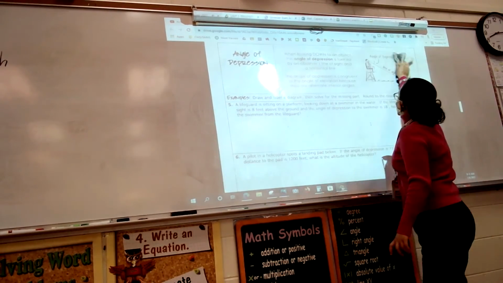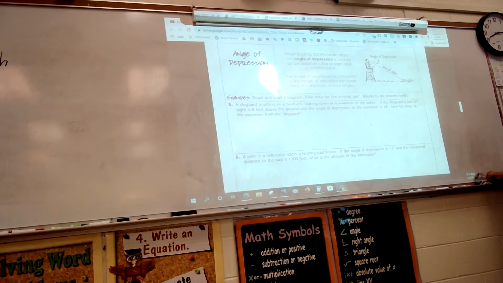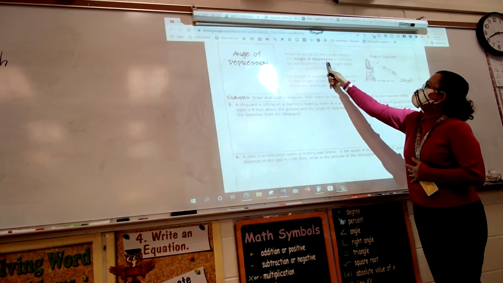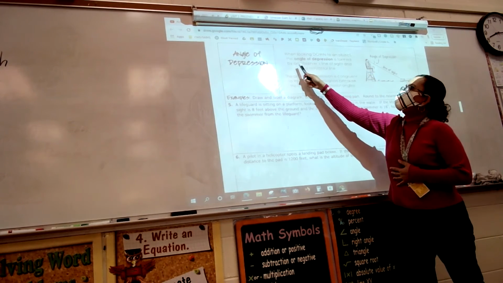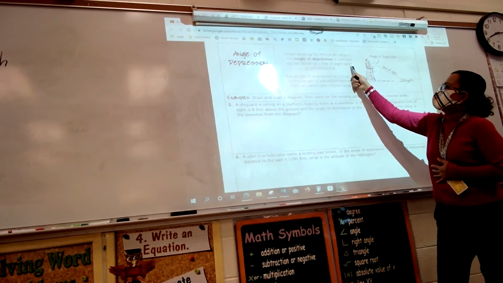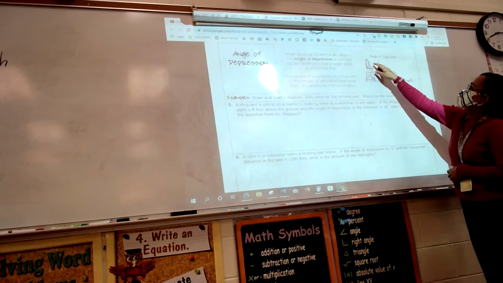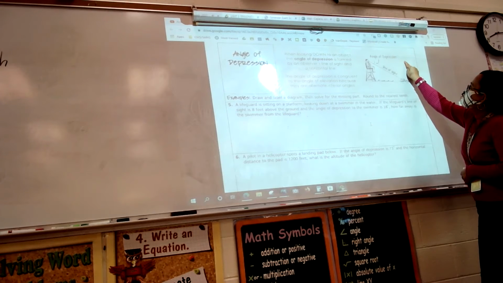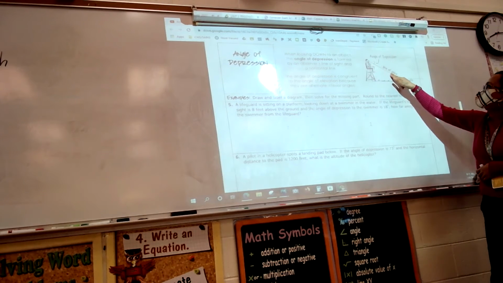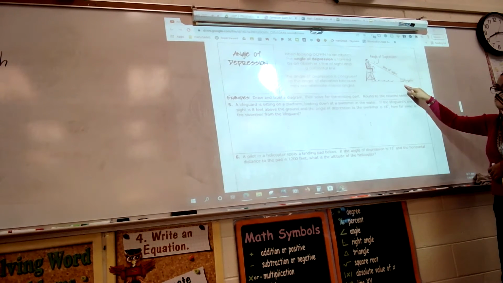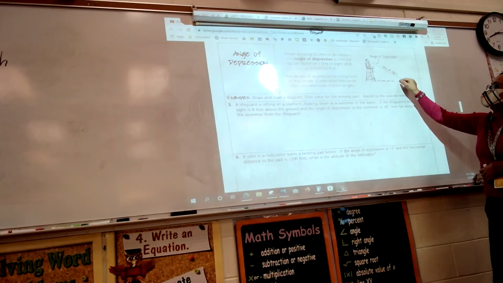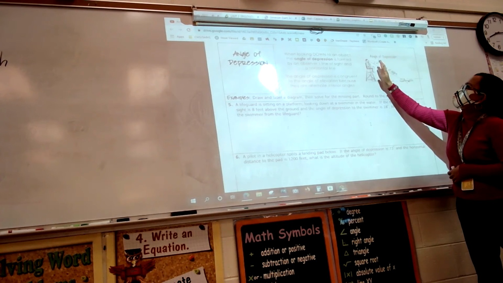Okay. Let's do one. Given that, when looking down to an object, the angle of depression is formed by an observer's line of sight and a horizontal line. So again, this is the line of sight of the observer. If he looks down at the one that is swimming here, this is the line of sight. So the angle of depression can be